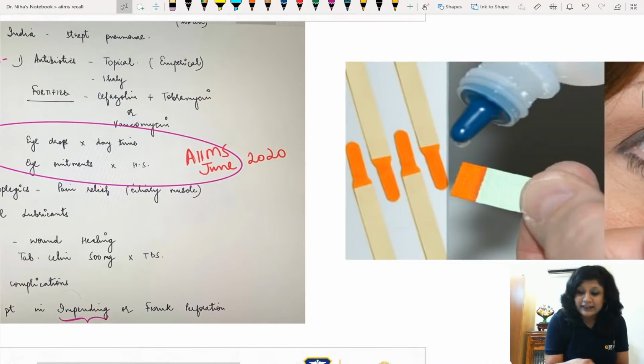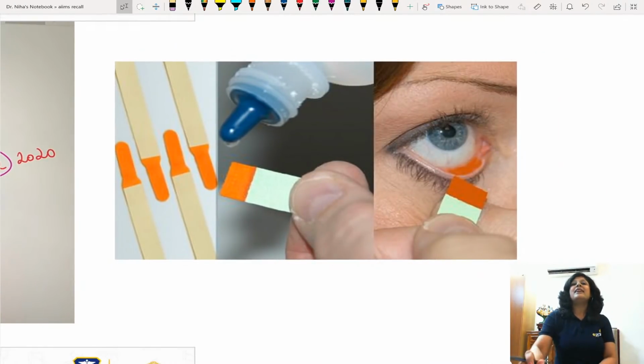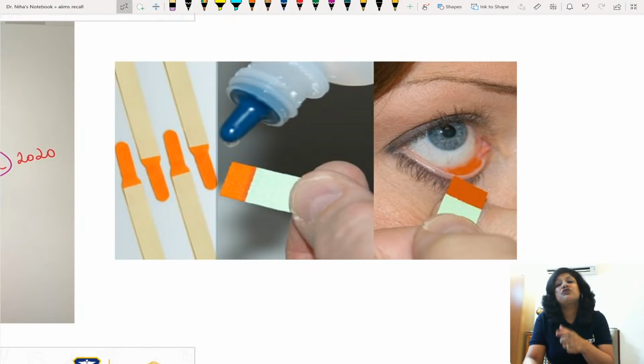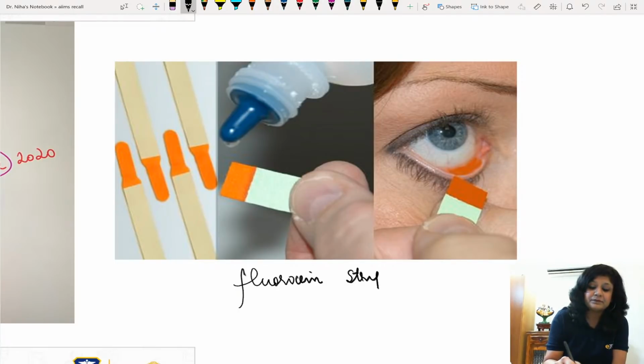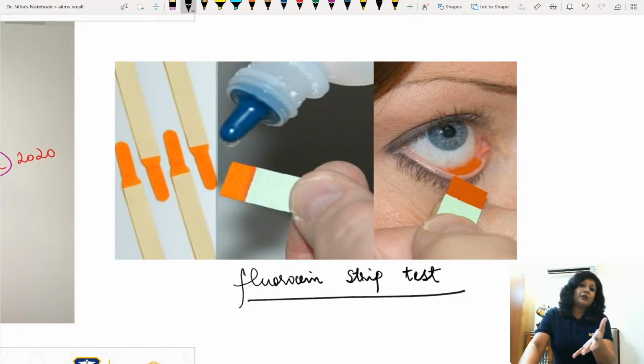Now one more important thing related to this. Can you see this? Yes, you have seen this multiple times. This is a simple fluorescein strip test. I think this is the simplest test, and that is why I taught you this test in the beginning of all the tests. Everybody must have watched it, even if you have attended just one day of the ophthal OPD, because it's very common there.